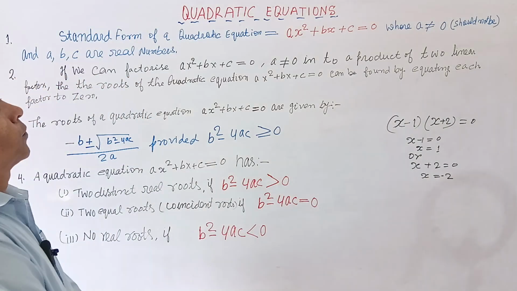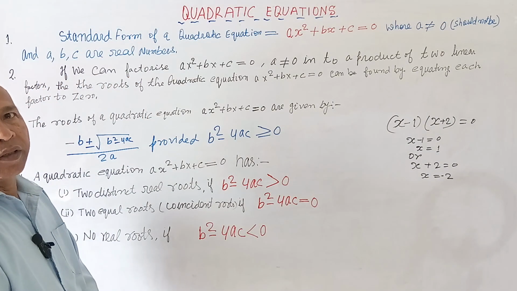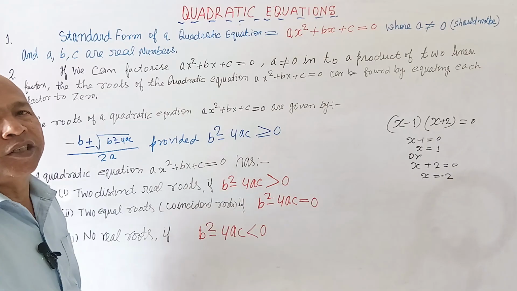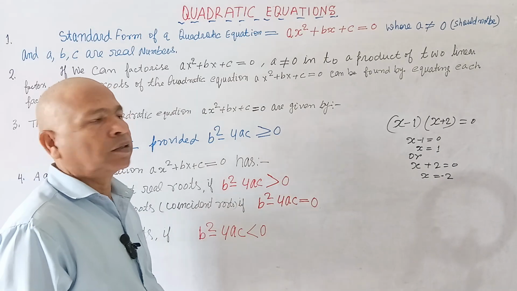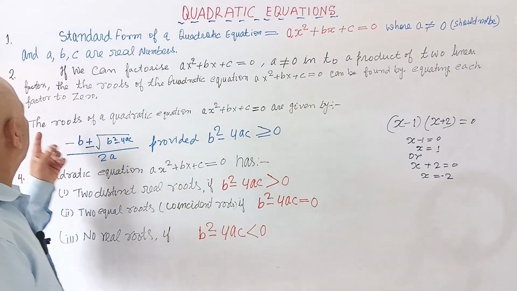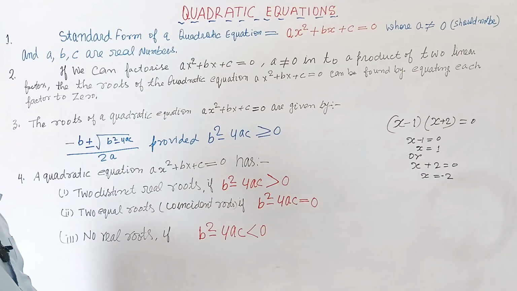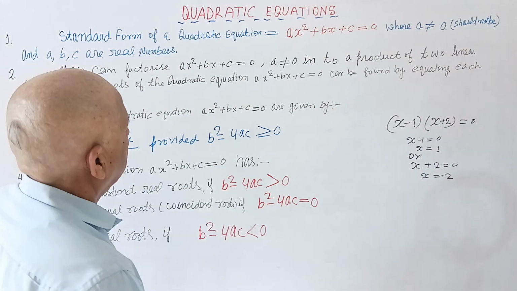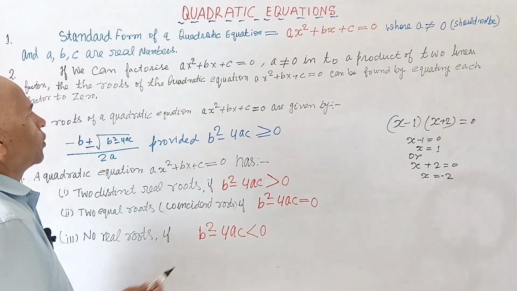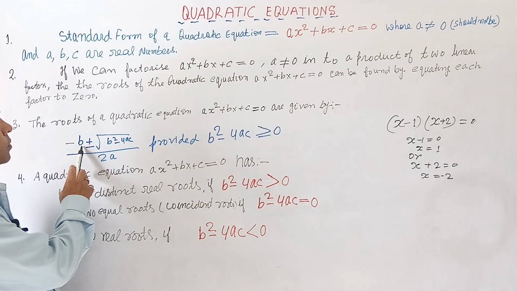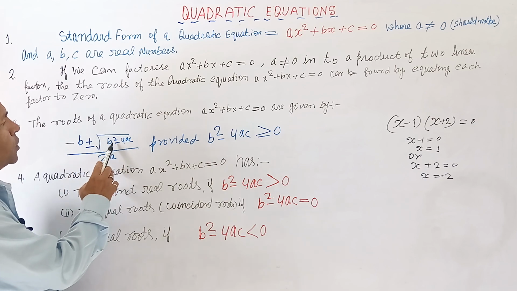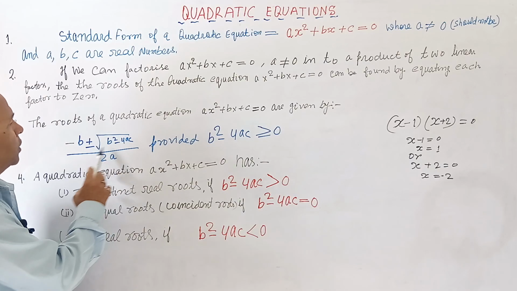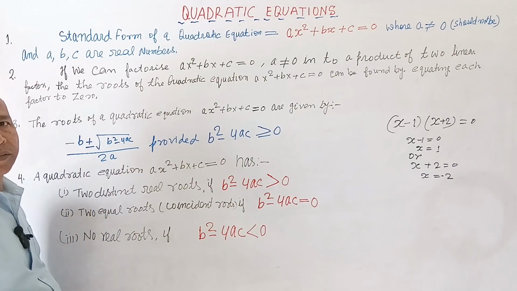Now the roots can be obtained by splitting the middle terms, that I will explain in the examples when I go further. Now the third point we will read in this chapter is that the roots can be found out by the quadratic formula. That is, the quadratic formula is minus b plus minus under root b square minus 4ac upon 2a,